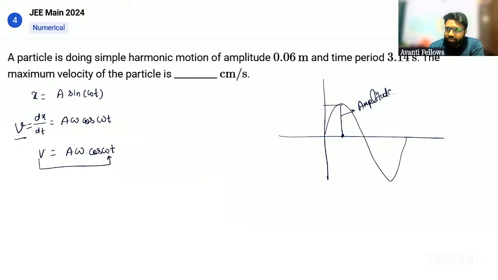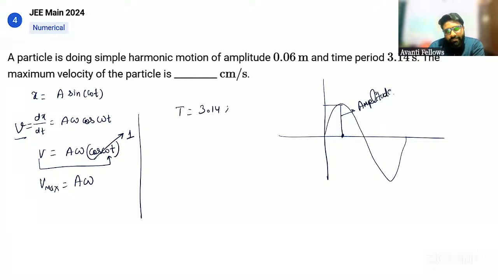अब v तो टाइम का फंक्शन है, बट साथ में cos का भी फंक्शन है ना। So what we can say here, the maximum value of v can be possible when this particular function is maximum. So if cos omega t is maximum, which means the maximum value it can have is 1, so v max here will become a into omega. ठीक है, अब देखो ओमेगा का वैल्यू तो हमें गिवन नहीं है, हमें तो सिर्फ टाइम पीरियड गिवन है,